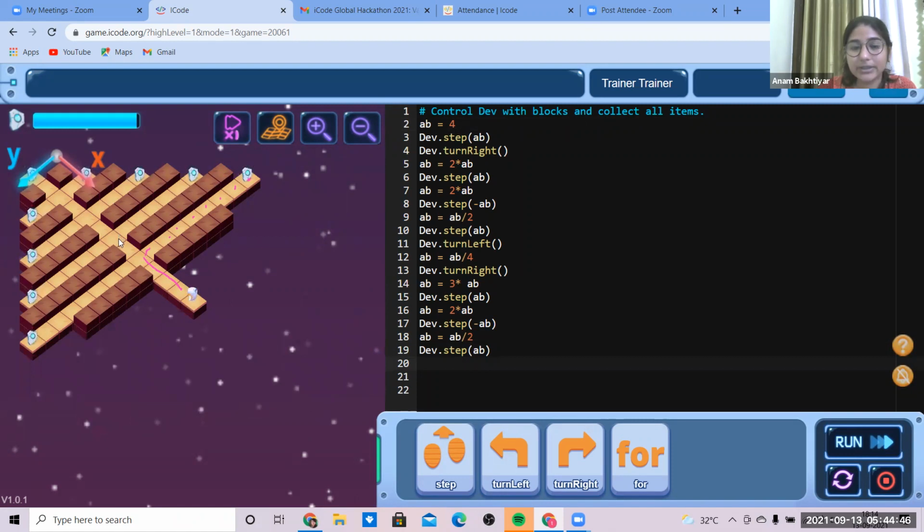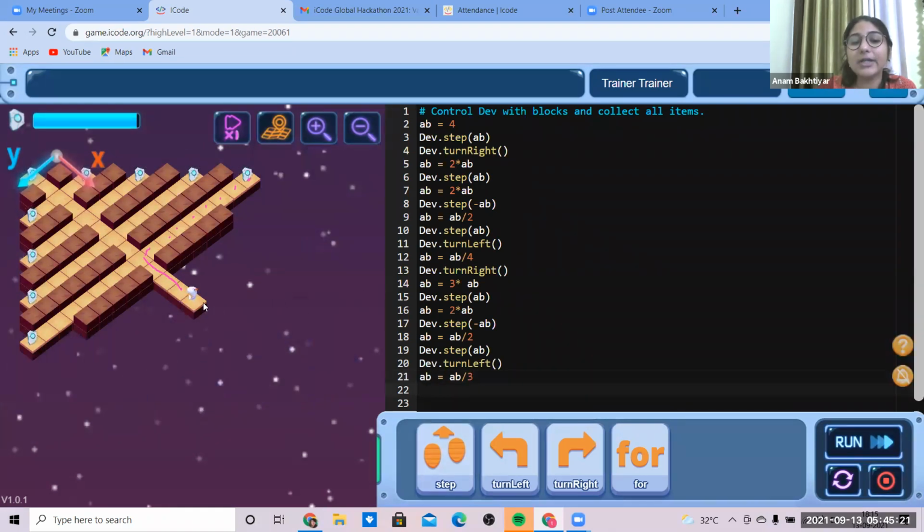Then it has to turn towards the left. Now it was covering how many steps? AB divided by 2 is 6. Now it has to cover 2 steps. So 6 divided by 3, AB has become 6. Now what we need to do is AB divided by 3, since 6 divided by 3 is equal to 2.